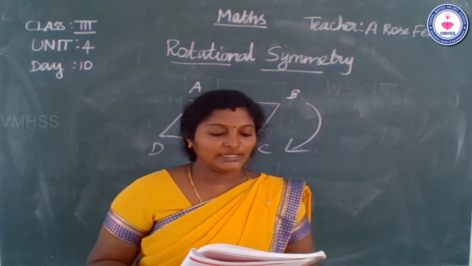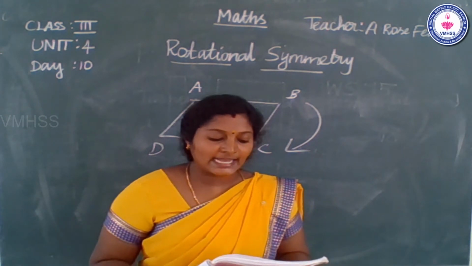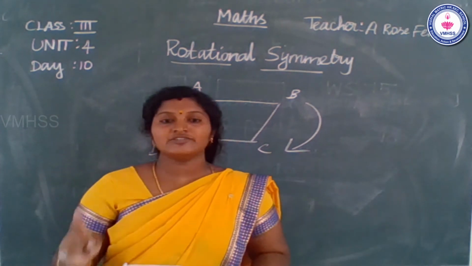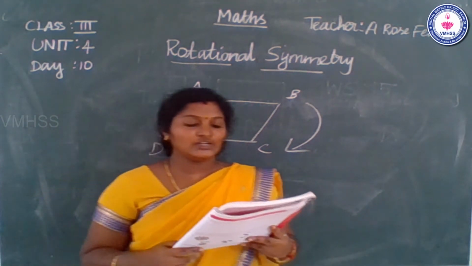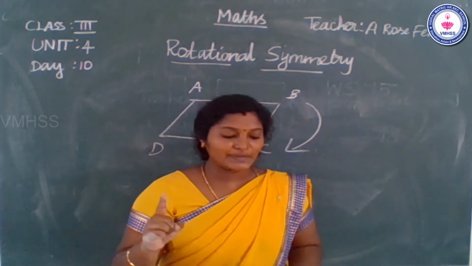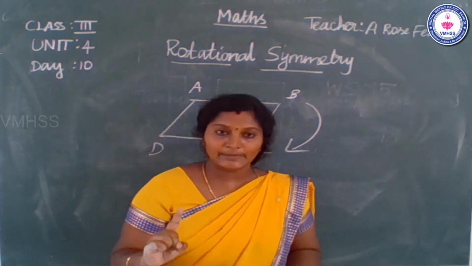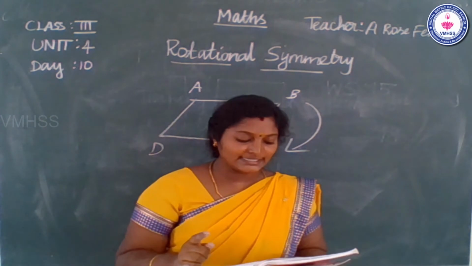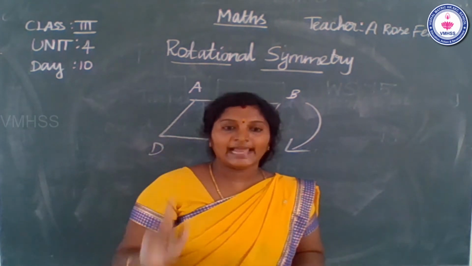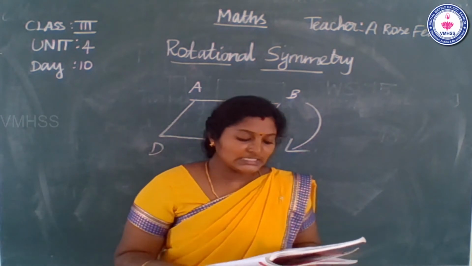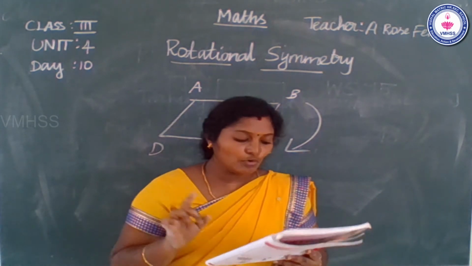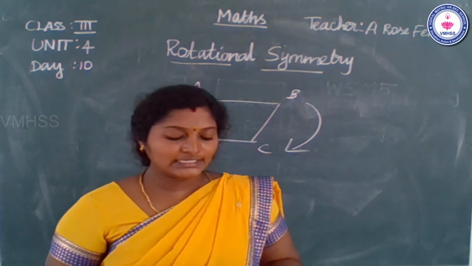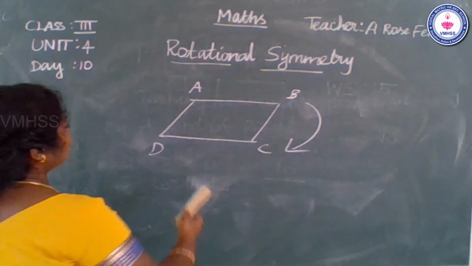Okay, so what is the first one? The object has line symmetry, first one, but no rotational symmetry. Dear children, do you understand the first one? So what is the first picture? The object has line symmetry only, but no rotational symmetry. Second picture, the object has rotational symmetry, but no line symmetry. So the last picture, the object has both line symmetry and rotational symmetry. Okay, you understand? So first picture, see the board.